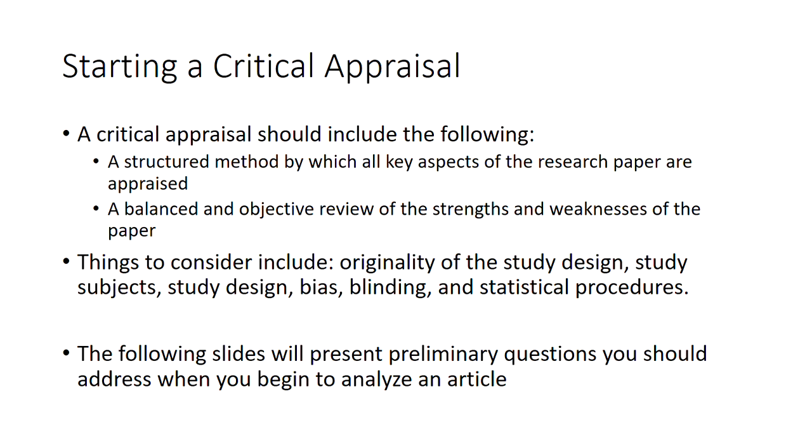So when you're starting a critical appraisal of a journal article, it should include the following 2 things. One, you need to have a structured method by which all key aspects of the research paper are appraised. So you need to have some sort of method that you're using consistently when you read articles to make sure you don't miss something. And then you need to have a balanced and objective review of the strengths and weaknesses